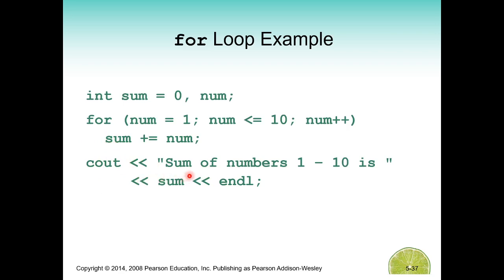So how many iterations do we have here? Let me ask you. We will have from 1 to 10, because we have the equality, so 10 will be included as an iteration. So from 1 to 10 will be 10 iterations. What are the statements that are going to be iterated here? It is actually this statement, sum plus equals num. This is the only statement that will be iterated. What about this statement? This statement is already out of the loop, as I mentioned to you. Okay, so